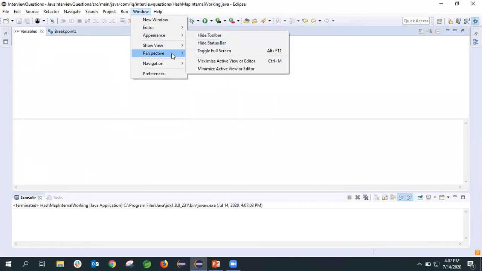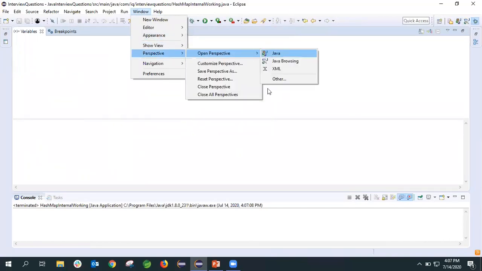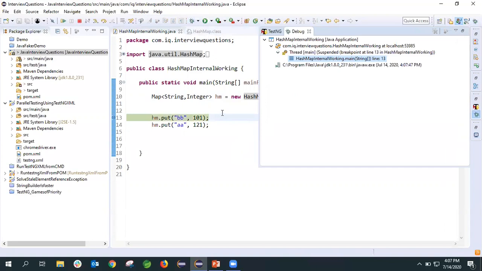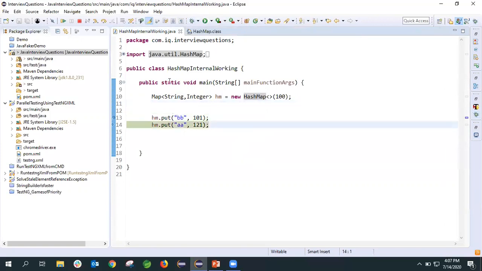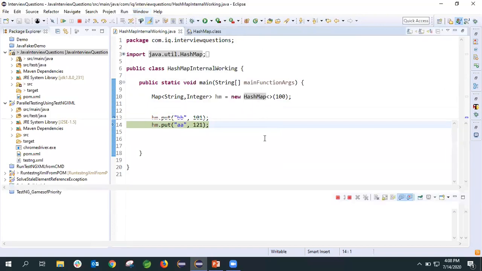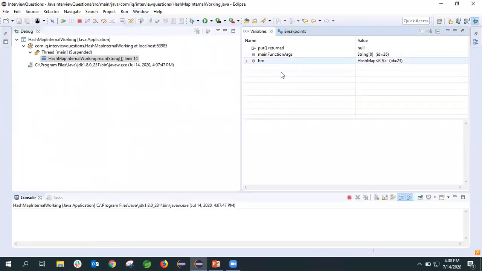Window, Perspective, Open Perspective, Java. Okay, let's debug. Now let's press F6 and try to open the debug perspective again. We have opened the debug perspective.